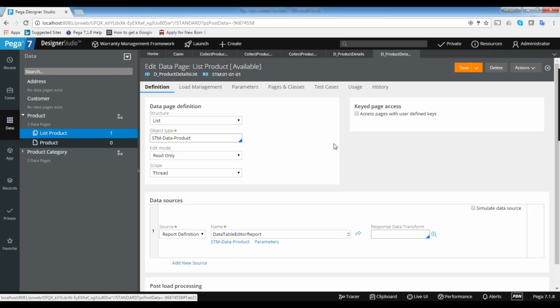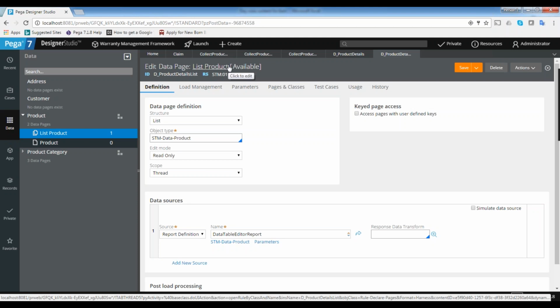If you don't follow the naming, how can you differentiate which is a lookup data page and which is a list data page? I have two data pages. How can you differentiate them? If the naming is not proper, that is the recommendation. Because if you don't name like that, what happens? I have a lot of data pages, and I need to open each rule and check whether it's a lookup or a list data page. If you give the name like that, I don't need to open the rule. I can just verify wherever I am configuring.